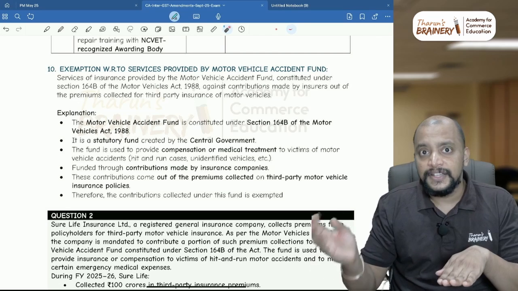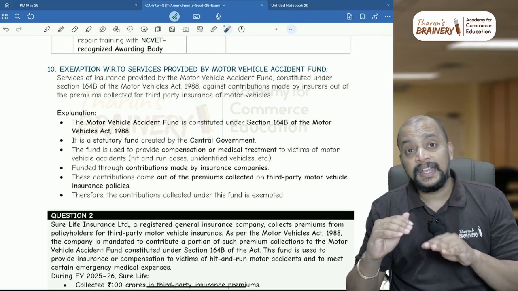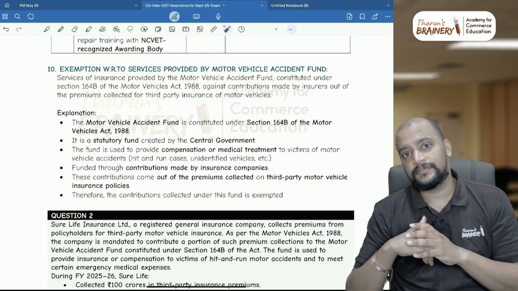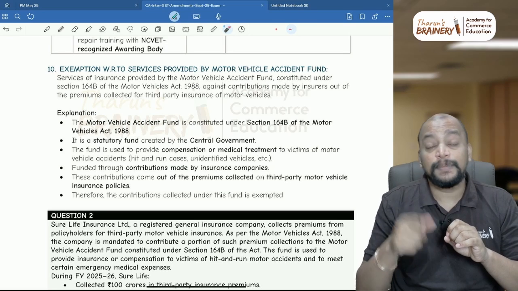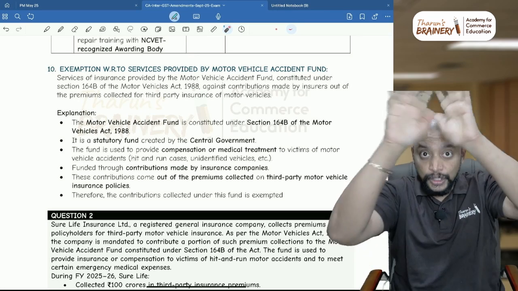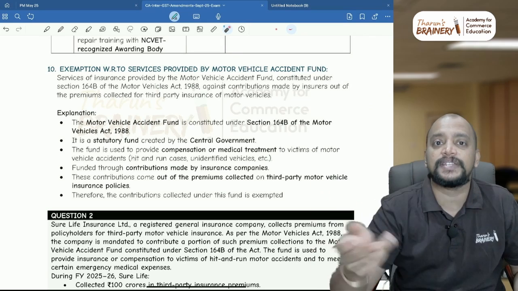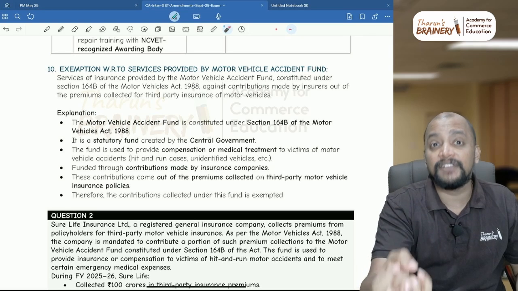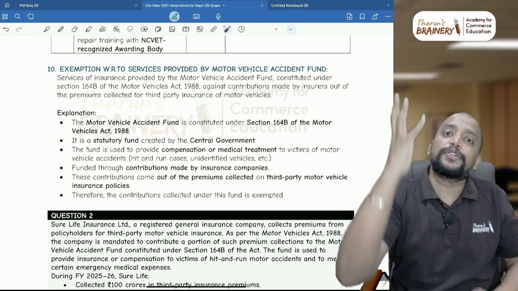So the garage will provide the repair and the insurance company will make the payment to the garage. That's okay. But you hit the other person, na? What about the loss suffered by the other person? Then in that case, there is some amount which you pay as a part of your insurance premium called third party insurance premium. In the total insurance premium, one part will be for the third party, that is for the other person. This third party insurance, whatever premium is collected from the motor vehicle owners, will be contributed to the